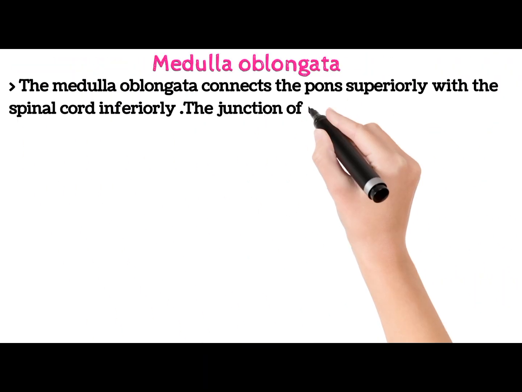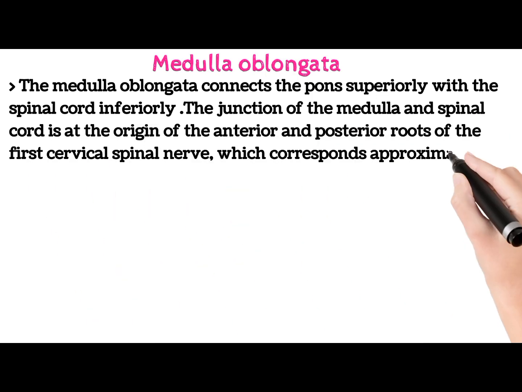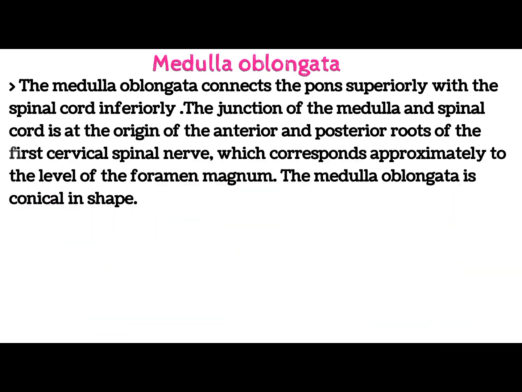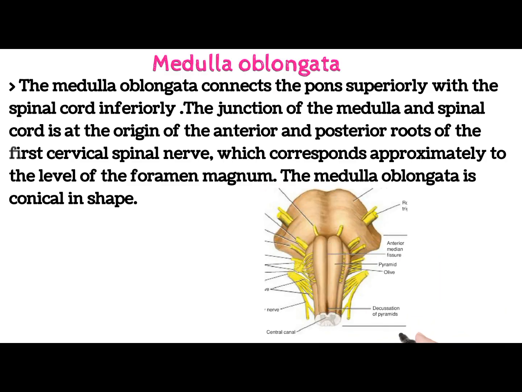The medulla oblongata connects the pons superiorly with the spinal cord inferiorly. The junction of the medulla and spinal cord is at the origin of the anterior and posterior root of the first cervical spinal nerve, which corresponds approximately to the level of the foramen magnum. The medulla oblongata is conical in shape. Here you can see